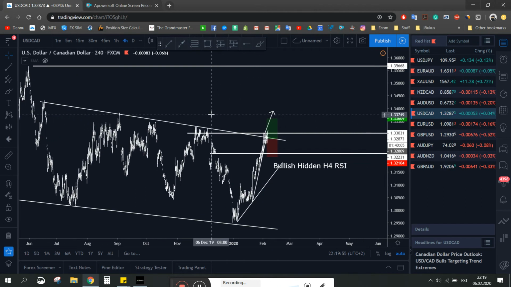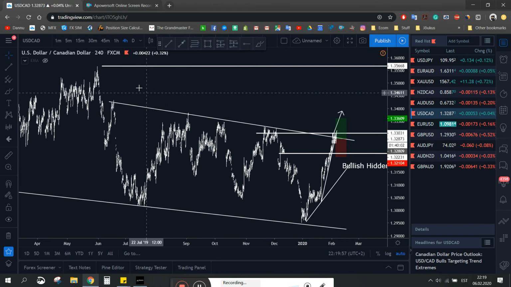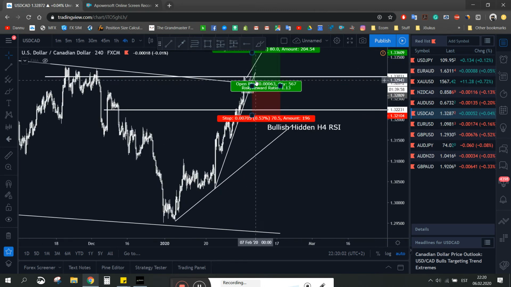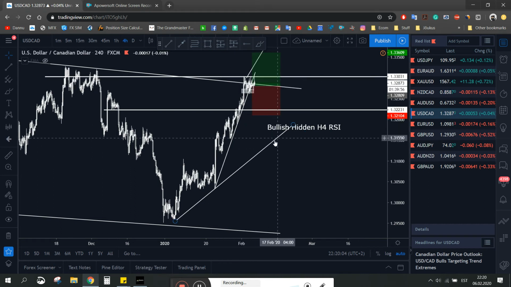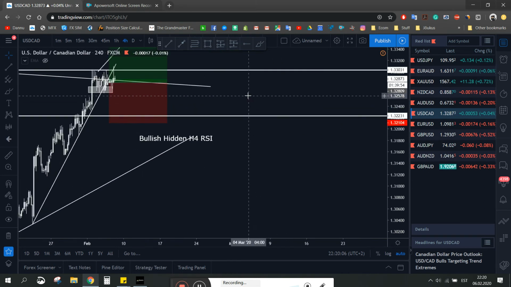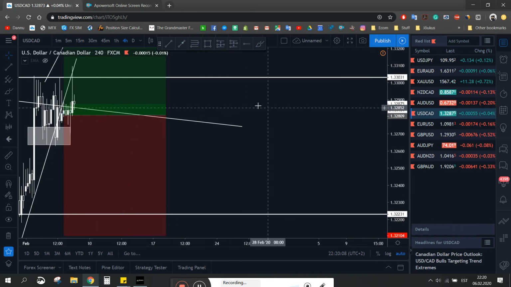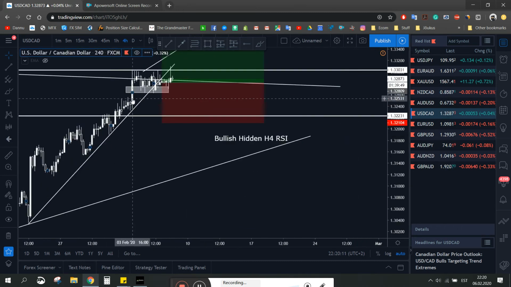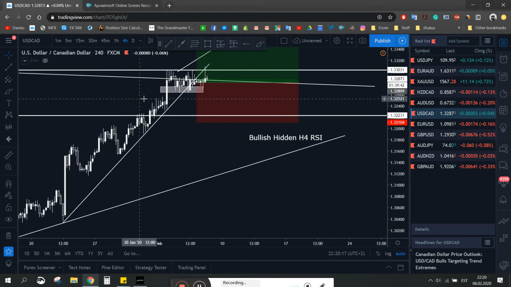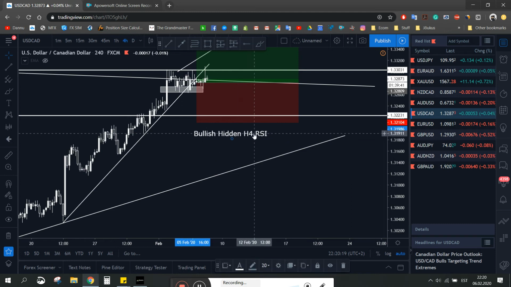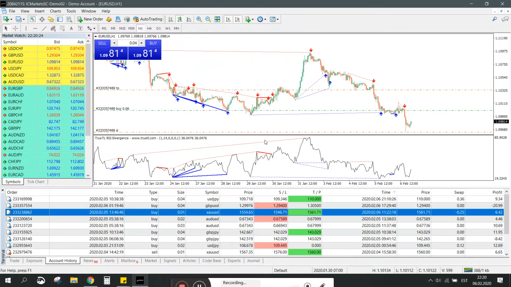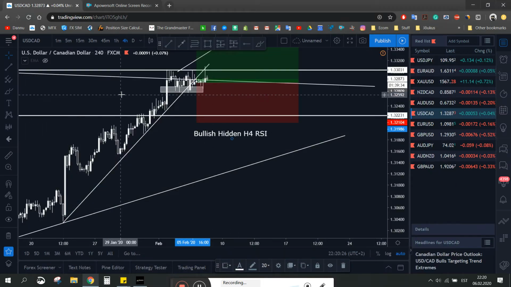So we could be due for a breakout, to revisit these highs again. But then again, who knows, price might just shoot down to this trend line over here. It's been ranging like crazy for the past few days now. This is February 3rd, today's the 6th. It's been ranging for 3 days. I did see bullish hidden divergence on H4 on RSI, so that's why I entered the buy trade.